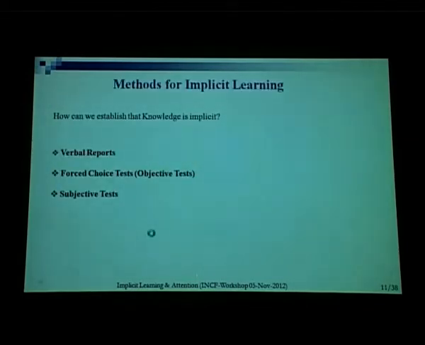So again, the typical behavior here is that subjects deny knowing that the stimuli followed a particular sequence or any sequence. Okay, so the other issue within this implicit learning literature is how do we establish that some knowledge is acquired and resides implicitly. There are 3 major ways of doing this within the literature: verbal reports from the subjects, forced choice tests, these are more objective,